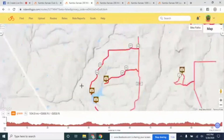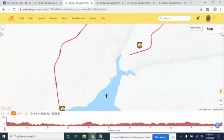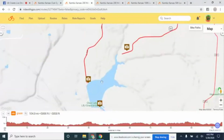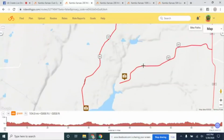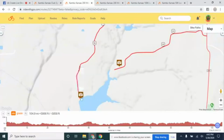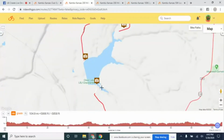And then finally, again, this is the 200-milers doing this first lap backwards. Then we have the Clear Lake, and you do out and backs onto 3 sides of the Clear Lake reservoir. That's a nice camping spot there. These are all 3 really nice camping spots. I've never been, there's a fishing pier on this one, and I've never been here where there weren't people already